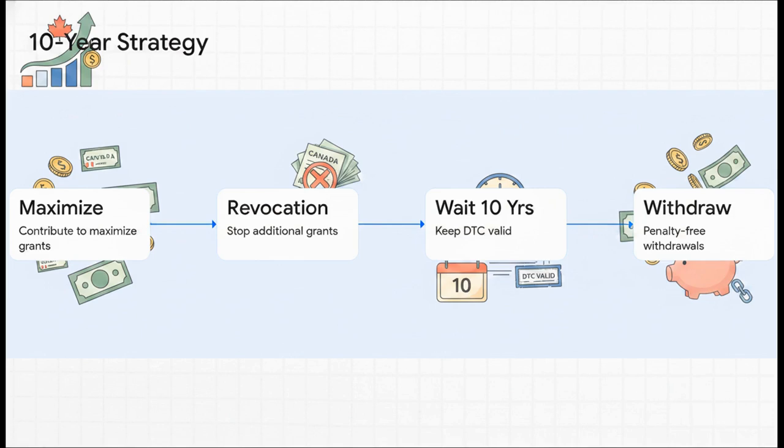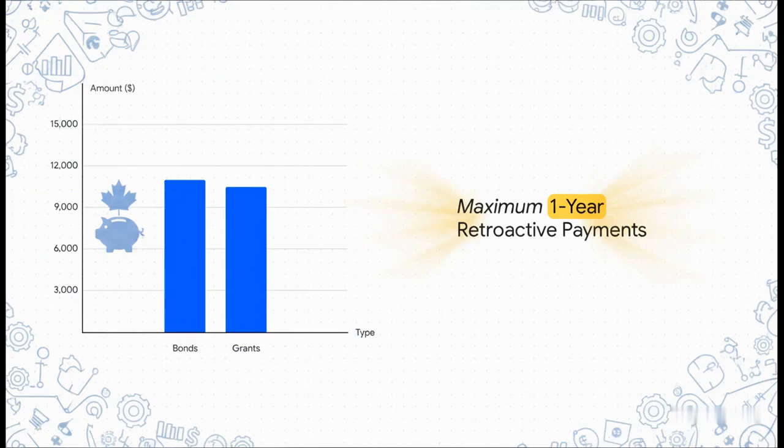Step 3. During those 10 years, the disability tax credit must remain valid. Otherwise, the waiting period may be interrupted or reset. And finally, Step 4. After the 10-year period is completed, withdrawals can begin without repayment penalties, even if the beneficiary is still much younger than age 60. It's brilliant. And there's another major rule here related to retroactive RDSP payments, and the potential scale of this is